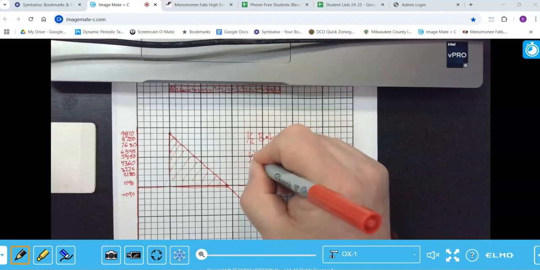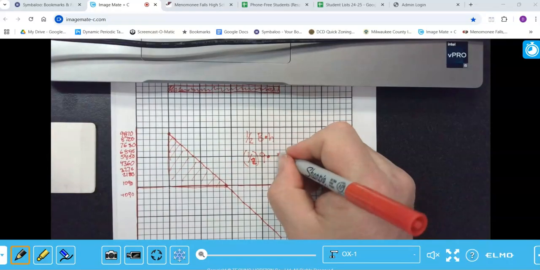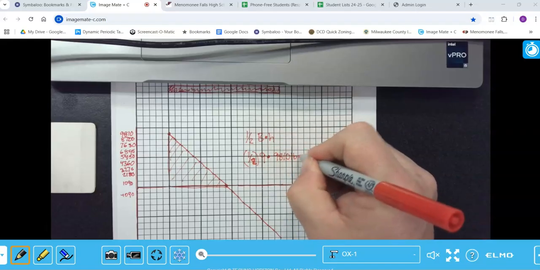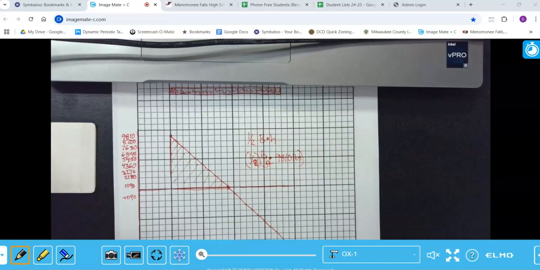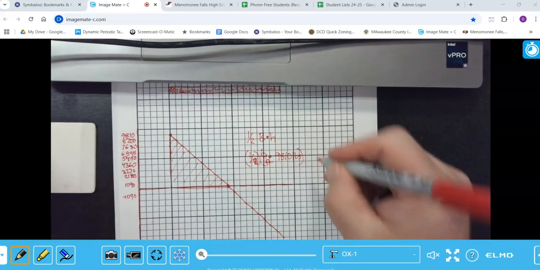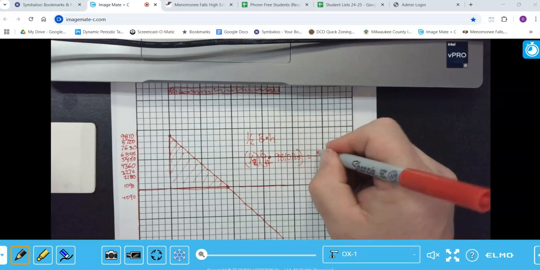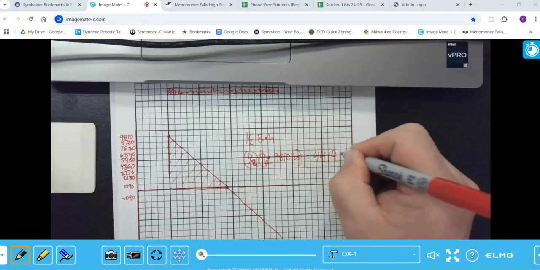Half, 9 times, and the height, 9,810 pounds. And that's feet. So the max moment, the max torque on this beam at that point is taking half times 9 times 9,810, which is 44,145